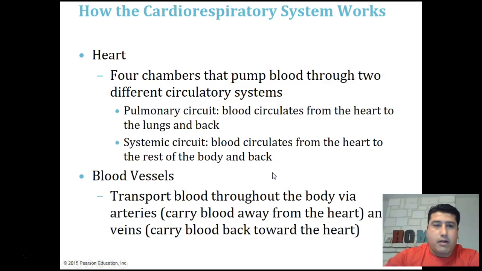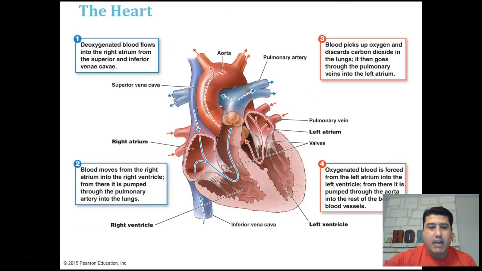Okay. All right. So whenever the heart pumps, it pumps blood outside of the heart. Again, what we consider the starting point is where the blood from the entire body returns to the heart. Okay, so blood from the entire body returns and is dumped into the right atrium. So that's the first chamber.